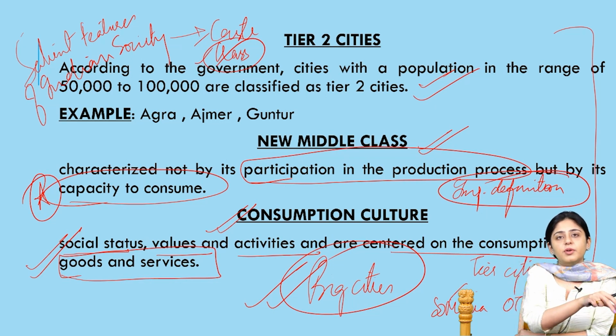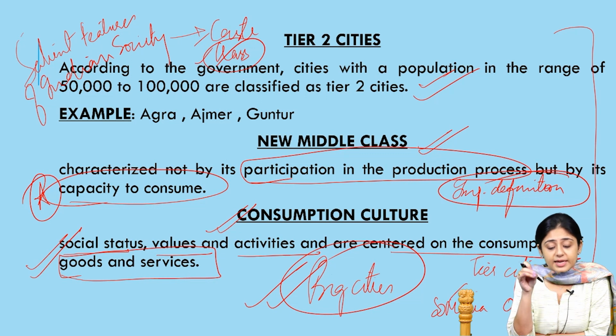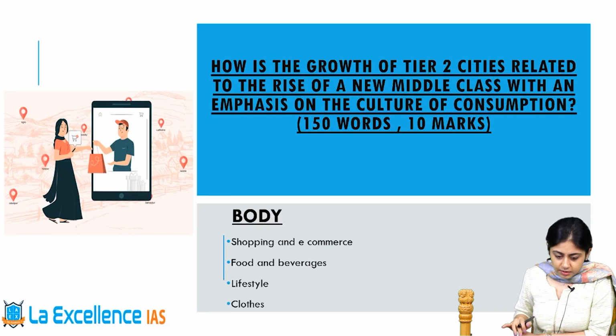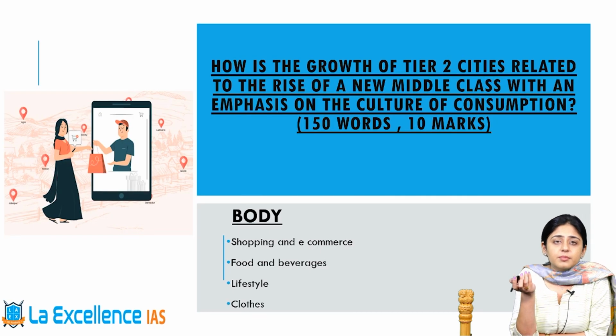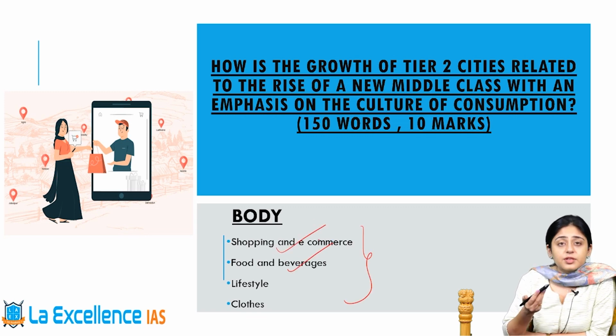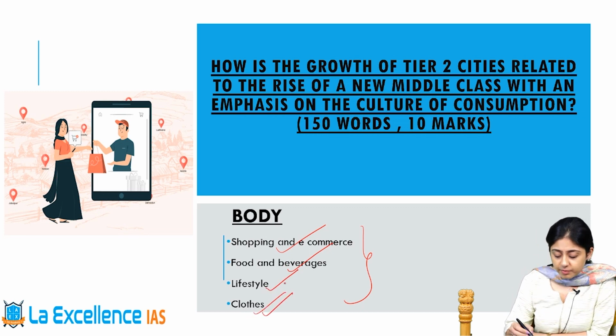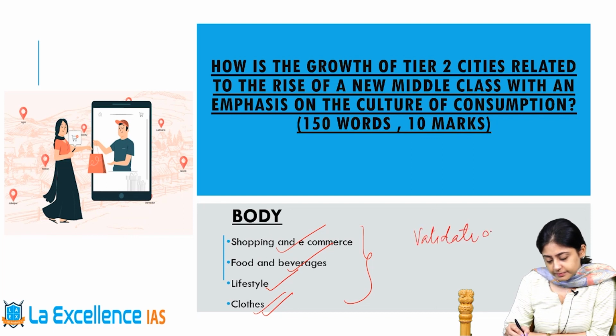And if you have that Louis Vuitton bag in your picture, it will automatically tell people that, okay, you are rich. So this is the culture of consumption, and it is rising in tier 2 cities, right? Small cities. Okay. So now I've explained about consumption culture. So it's very easy. You discuss around shopping habits, e-commerce, food and beverages, how it is changing, lifestyle, how it is changing, clothes, how they are changing. And probably you validate your analysis with some examples or some survey facts,